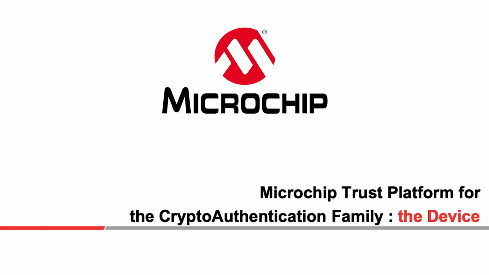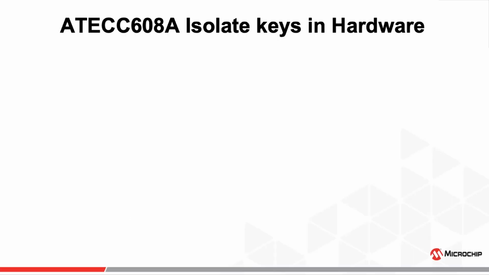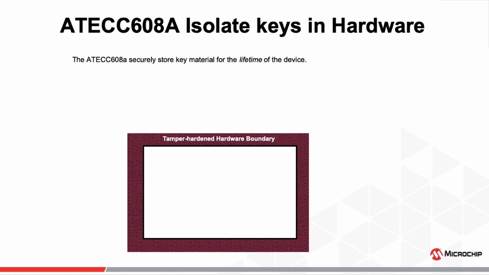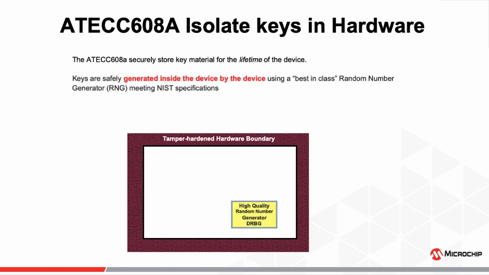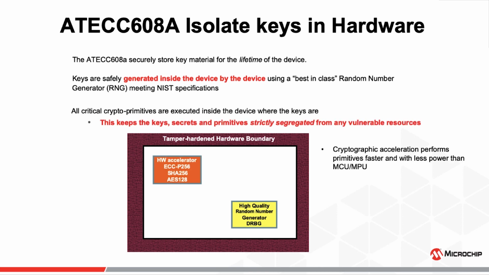So moving on to the device, what is the device supported today? It's the ATECC608. We started with the device. It's one of our key products. And what is inside the device: it's a tamper-hardened secure element, secure key storage with side channel attack protections. And really in the bulk of this device, you have a high quality random number generator, hardware accelerators